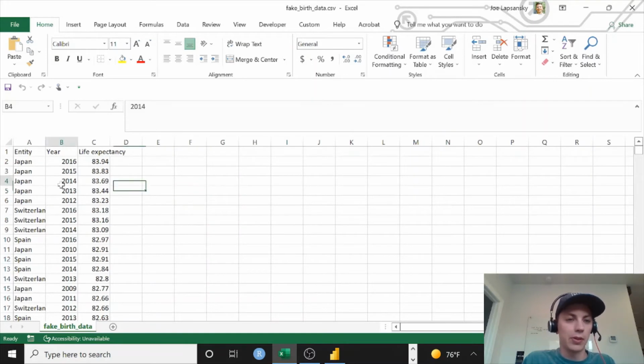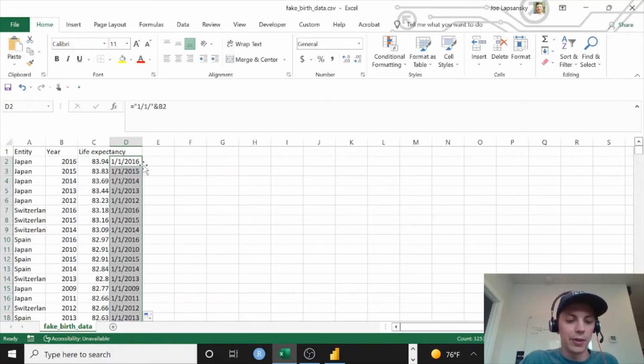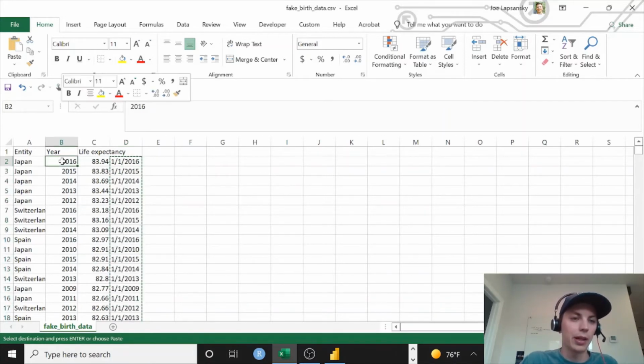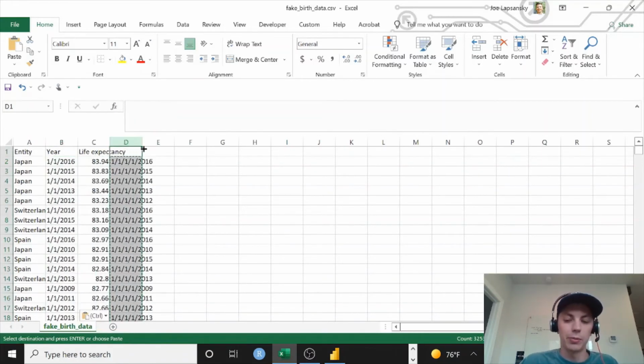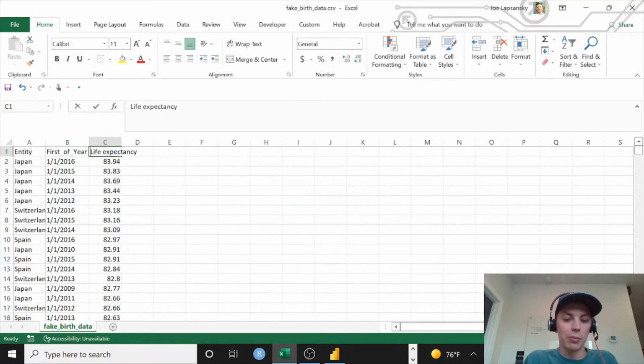So just click yes through that, and I want to use the first of year column actually, but I don't have that here, so let's just do a equals, and then I'll do a 1 close it and 2016, right? So then I can double click this all the way down. I'm going to do a Control C or just copy everything. I'm going to paste this into here, and then I'm going to click Command D and just delete it. But then I'm going to call this first of year like we have it in our data set now. And then I'm just going to make up birth rates, or number of births, let's call it. Number of births